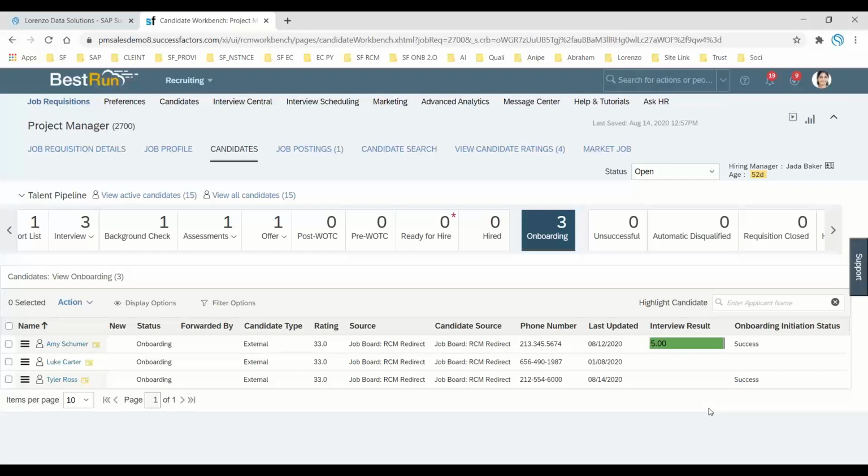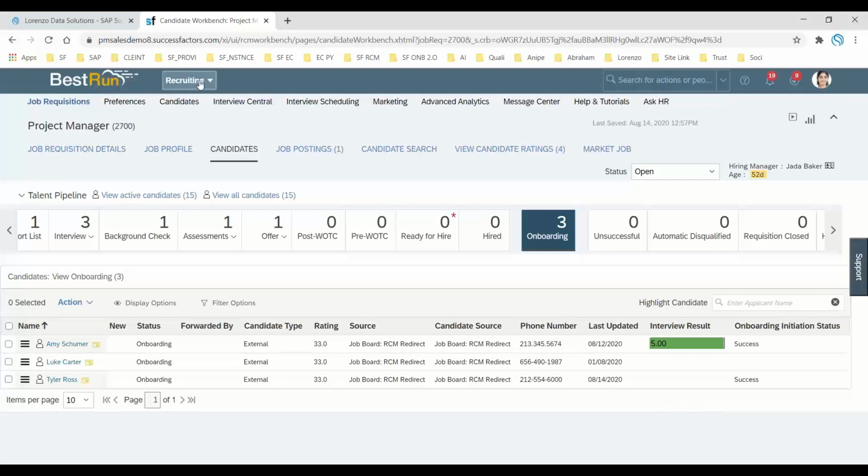Now, after onboarding 2.0 is initiated, what is the next step? The hiring manager is the one who has to review the information about your new hire data, because the data has to be mapped from your recruitment management to your onboarding 2.0.